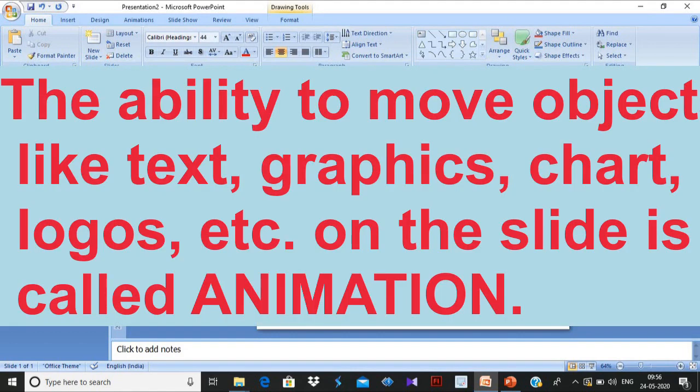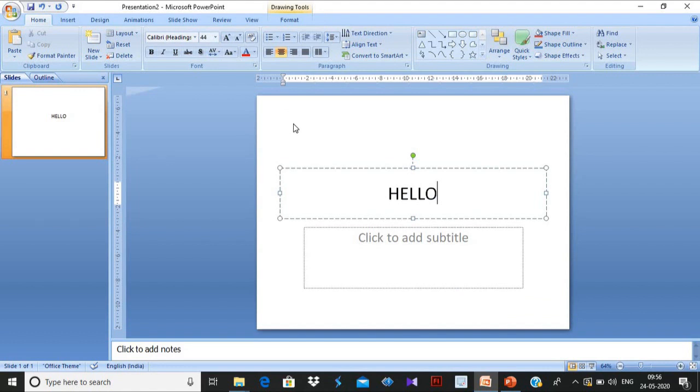Or you can say any graphic, any photo is an object, any chart is an object, any logo. Suppose your company's logo is here, so it is also an object. So an object may be anything. You can apply animation on this object. How we will apply animation to an object, we will see one by one.